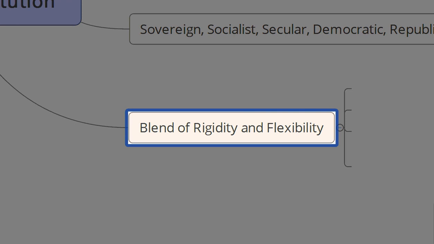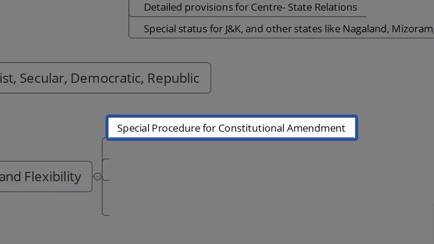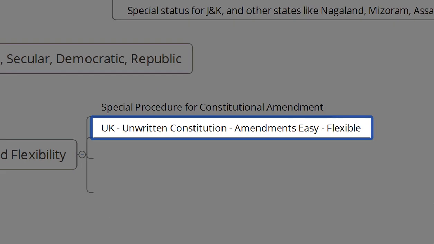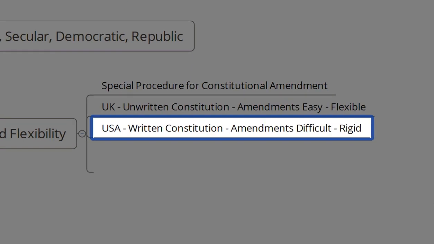The third main feature is the blend of rigidity and flexibility. This is in connection with the special procedure for constitutional amendment. If we take the UK constitution, it's an unwritten constitution where the amendments are pretty easy, thereby making it a flexible constitution. If we take the USA constitution, it is a written constitution and the amendments are difficult, thereby making